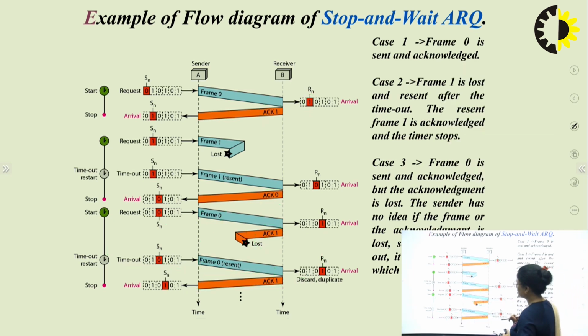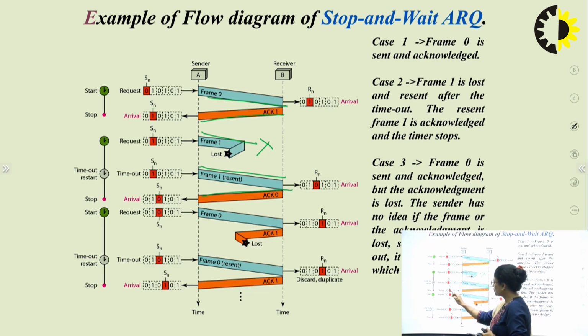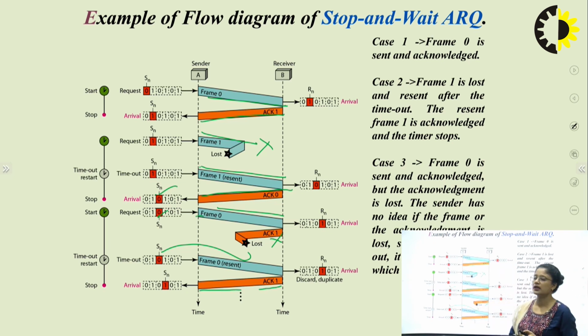So this is how it works. Frame 0, the 0th frame, is sent, waiting for the 1st frame. Frame 1 is sent, lost. After some time expires, frame 1 is resent, and then waiting for the 0th frame. The 0th frame is again sent, the acknowledgement is lost. So the 0th frame is resent, and then the acknowledgement is received. This is how the flow diagram works for the stop and